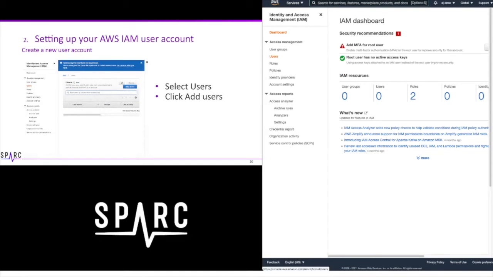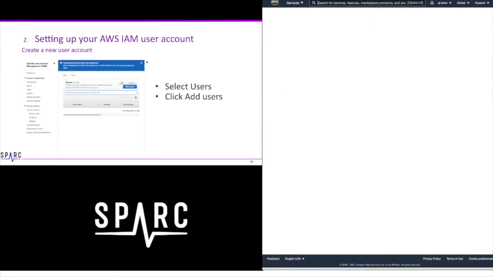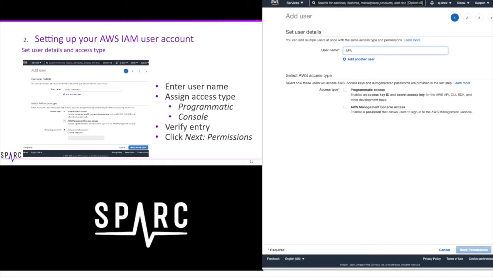Click on the Users section. Click the Add Users button in the main section of the screen. Enter your desired username for the account. If you want to create additional users with the same settings, click Add Another User. Under Access Type, select both Programmatic Access and AWS Management Console Access.